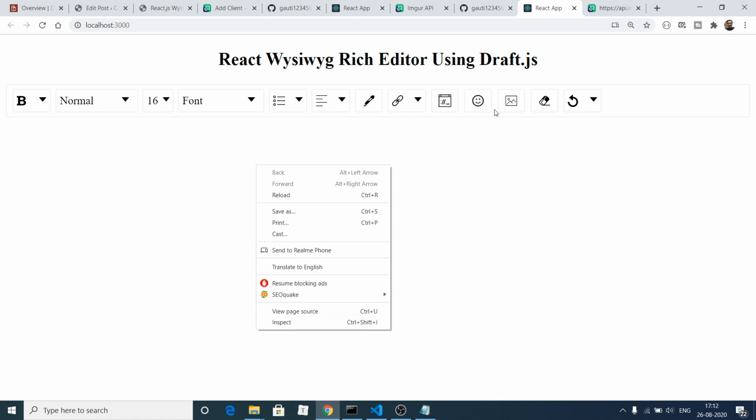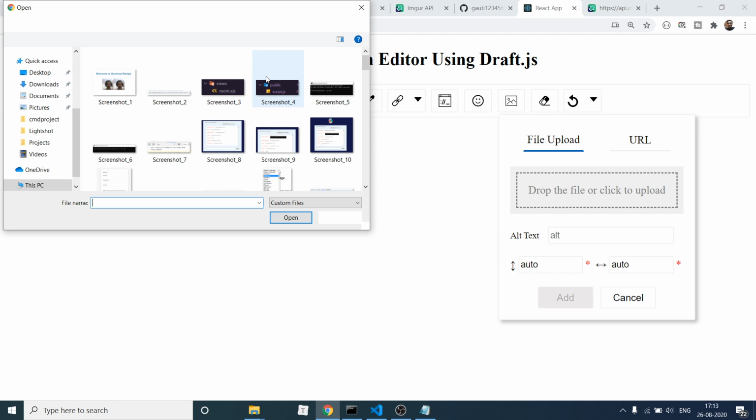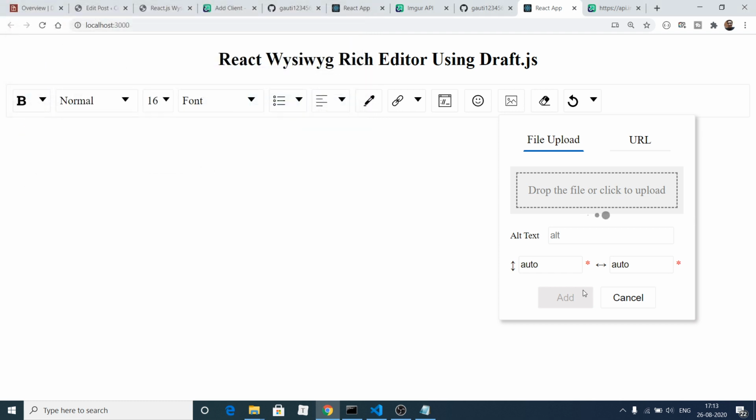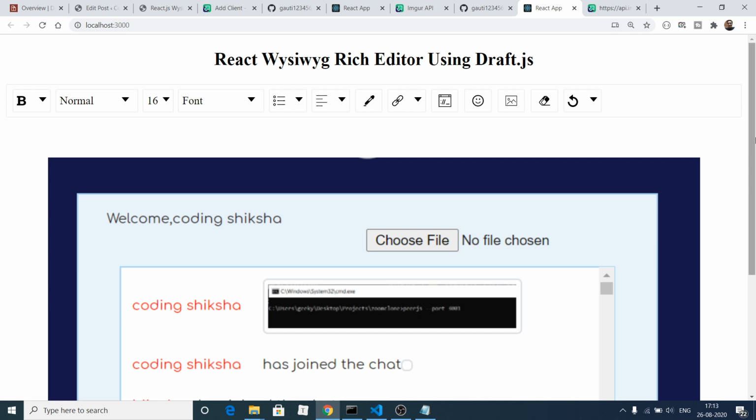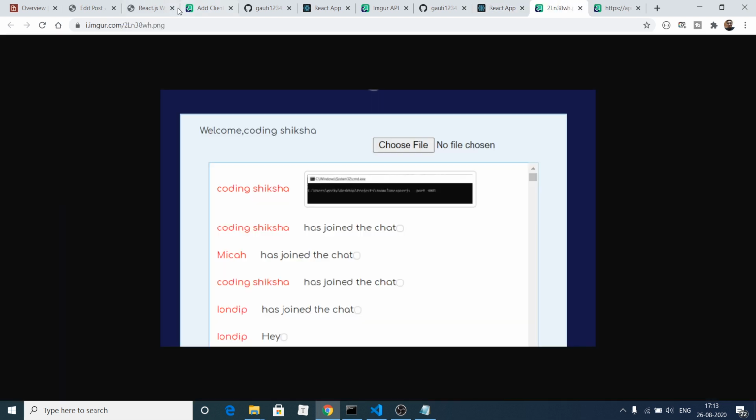Also, in order to check if it is uploaded or not, let me just upload another image. First of all, let me show you if it is working or not. If I add this, you will see our image upload is working. Now I can right click, open image in new tab. You will see this image is uploaded inside this Imgur website.